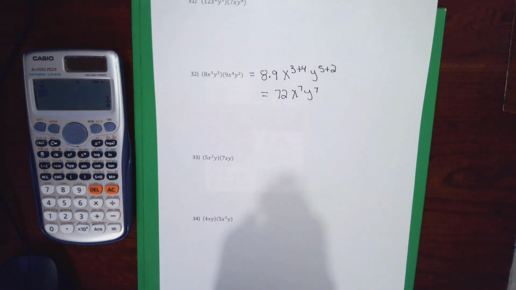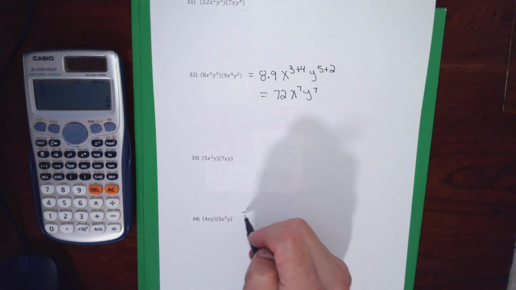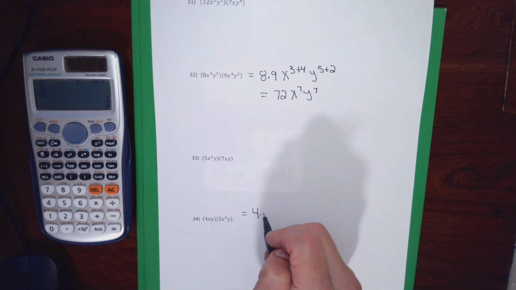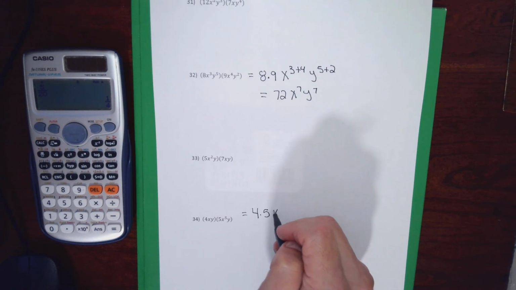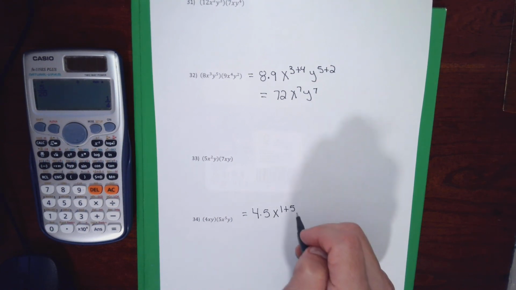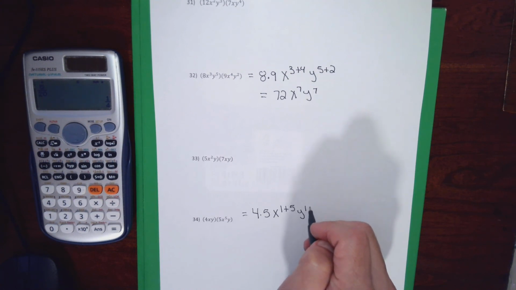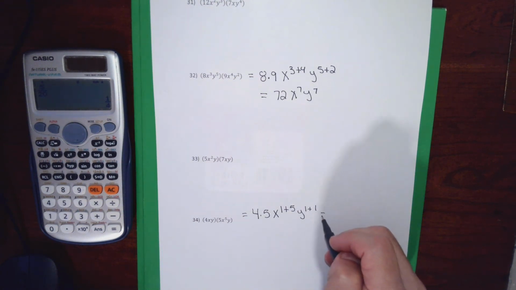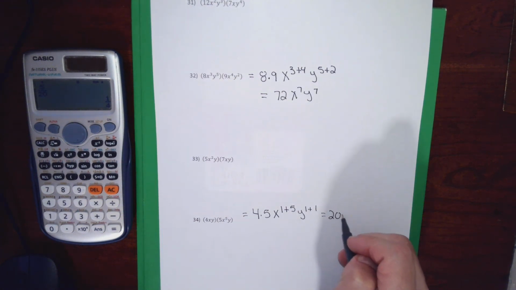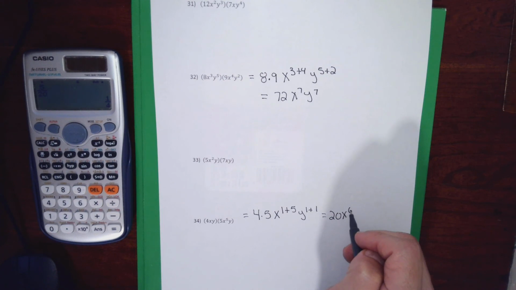For my problem 34, I'm going to multiply the coefficients of 4 and 5. I'm going to add the exponents of 1 and 5 for my x's. I'm going to add the exponents of 1 and 1 for my y's. Any of the variables that don't have an exponent written have an implied 1. I could probably not show this and just write an answer down and be safe, but just in case you needed to see it,